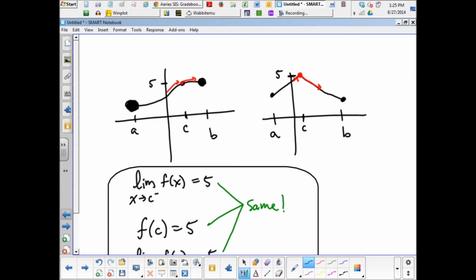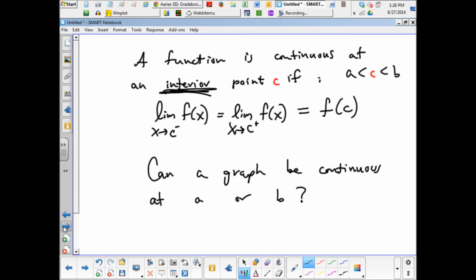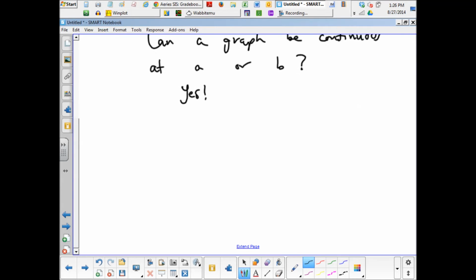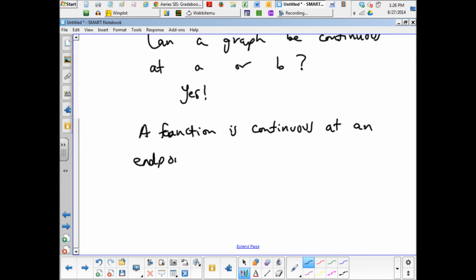However, we need to define continuity for endpoints also. So what are we going to do? We have a slightly different rule for continuity at an endpoint. Okay, so the answer is yes. And the rule is this. A graph or a function is continuous at an endpoint if, and the rules change a little, since there's not really two sides to an endpoint, we'll just make the rule that the limit,